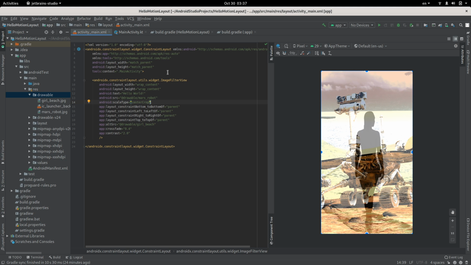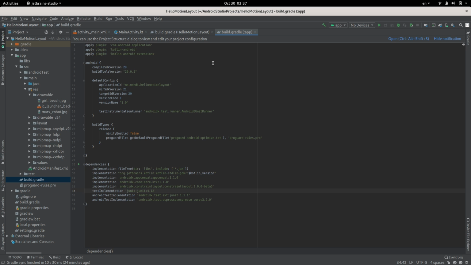First of all, you have to make sure that you are using the latest version of Constraint Layout, and at least Constraint Layout version 2 alpha 1. But currently the latest version available for developers is Constraint Layout 2 beta 3. You can see that here in my build.gradle file in the app module. As you can see, I have changed my constraint layout version to